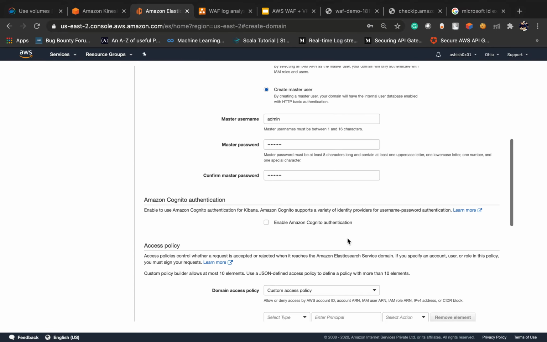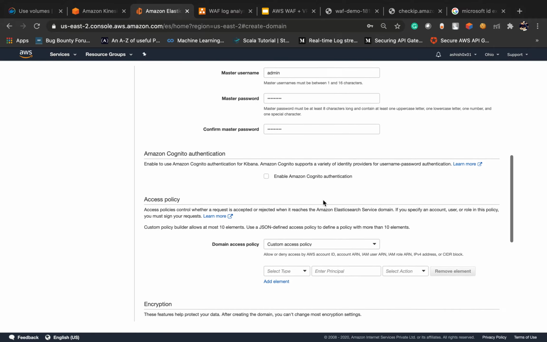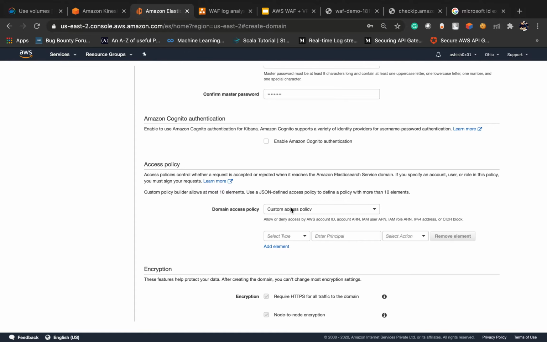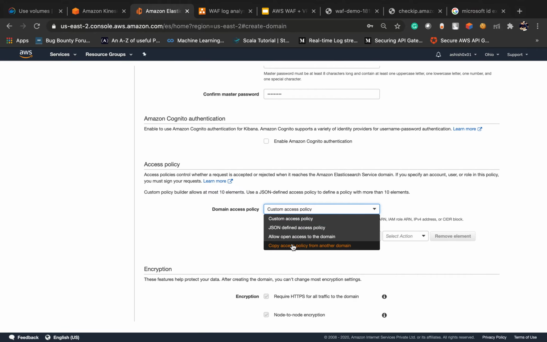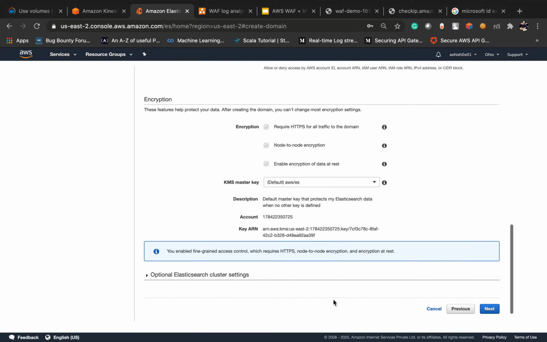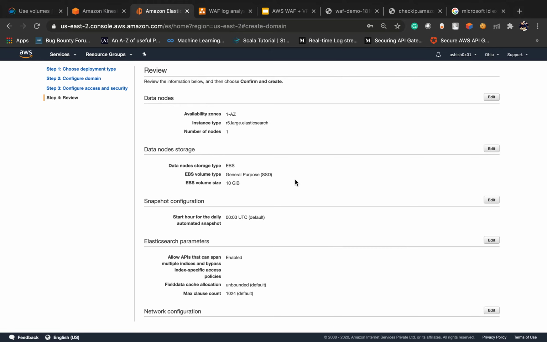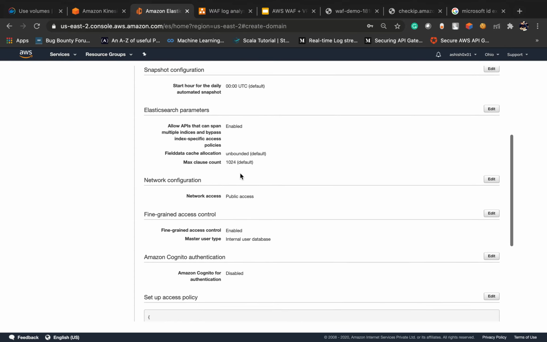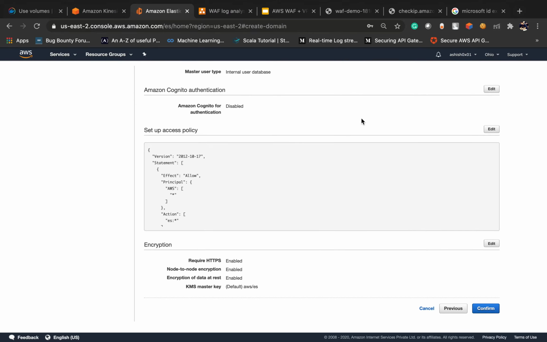Okay, I don't want any Amazon Cognito authentication. The policy will be to allow open access to the domain, and not this one. Next, after this,